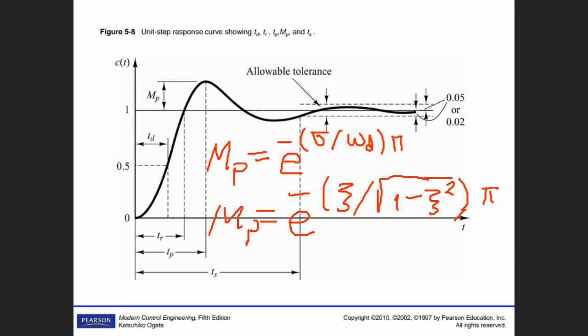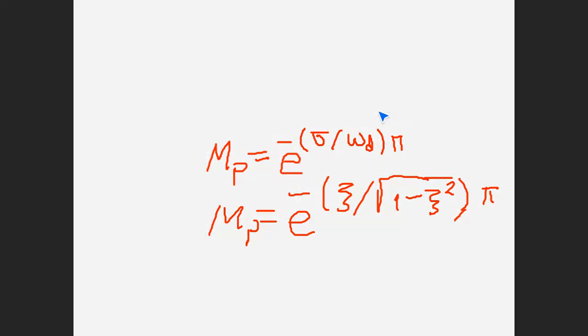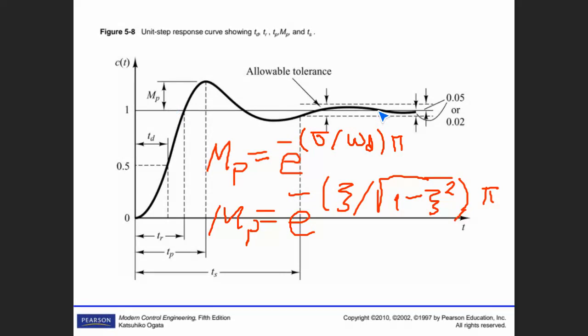You can see those limits from this figure. So how could you do that? We already derived the function of this waveform. So we are going to write that one and set it equal to 0.05. As long as you put 0.05, you obtain the settling time